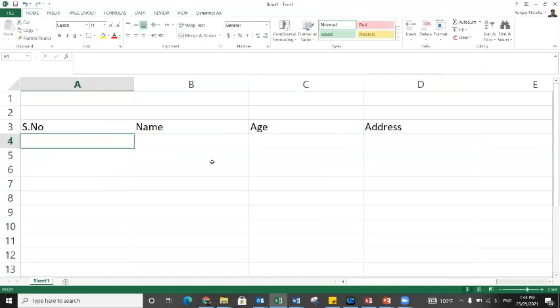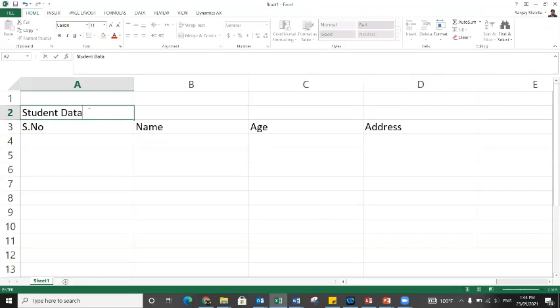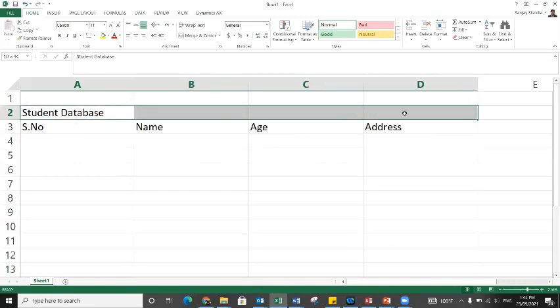So this is a table and the name of this table is student database. A student database not only contains serial number, but it also contains the name, age, and address. So if you want to give this particular name to all these fields, or you want to make this appear to be the name of this list,